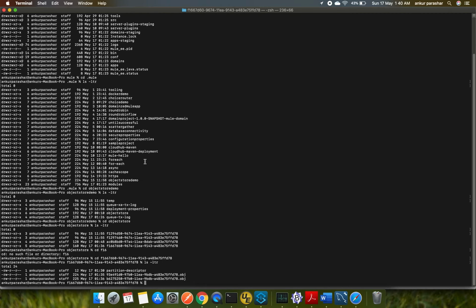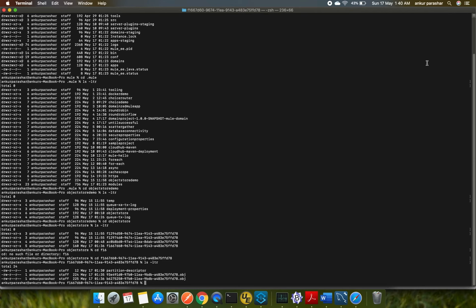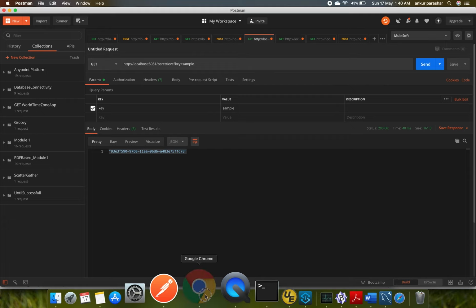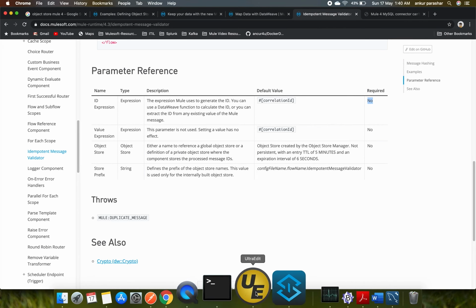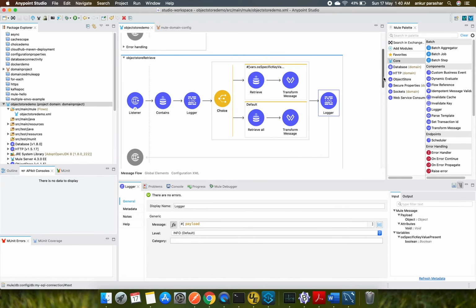Something is there. Let me check once again. It should be this entry, D78. But as I mentioned in my previous video, this could be in some format which is not easy to comprehend, so I will stay back up to this level.